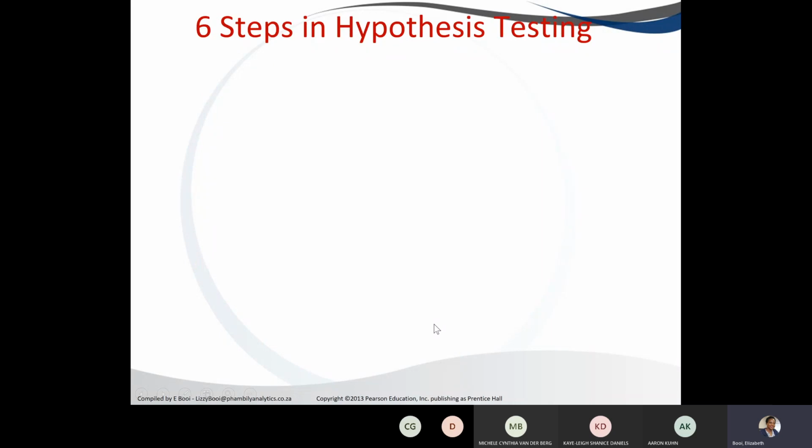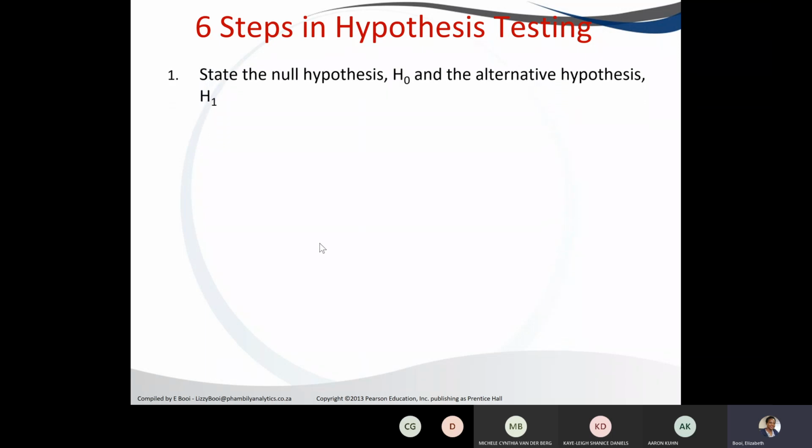When you answer the questions in the exam, you will realize that all the options as your answers, whether you are looking for the correct or incorrect answer, are related to the 6 steps. So you will have to know all the 6 steps in order to be able to answer the questions. Just to refresh your mind again, step number 1 is to state the null hypothesis